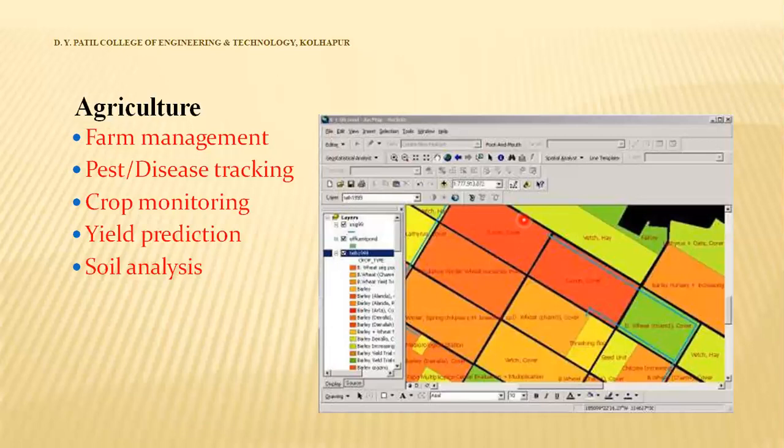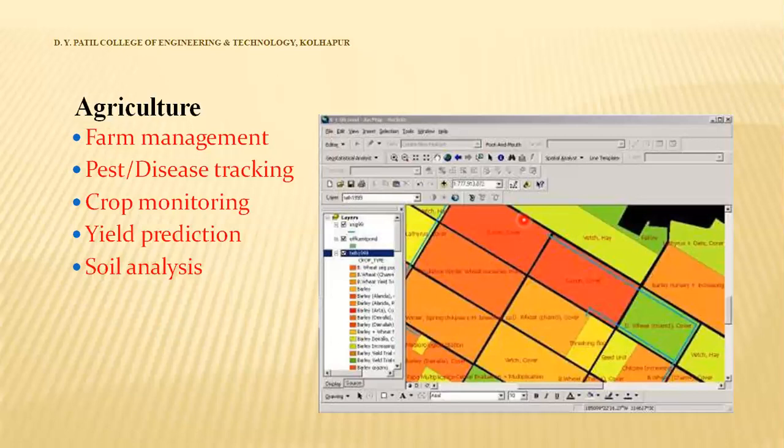This is your first application of GIS. Second, suppose the crops may need some pest control, or the crops may have some diseases. Those can be easily tracked by using the network provided by GIS. The monitoring of crops can be easily done by using GIS.